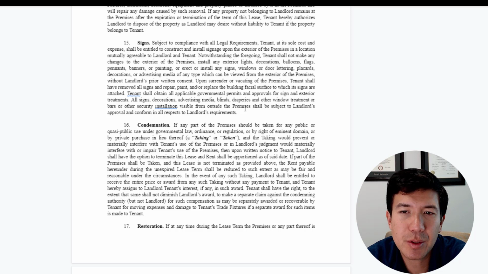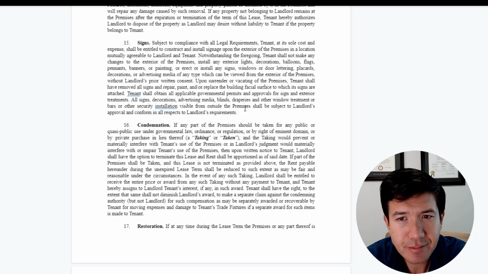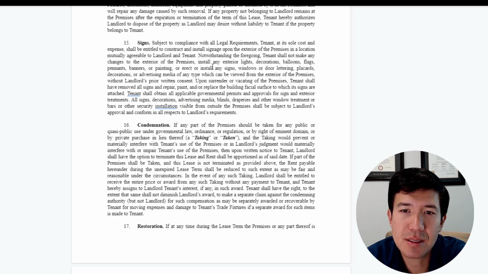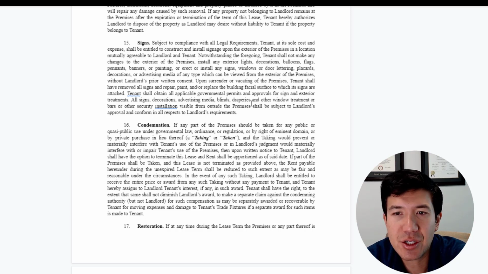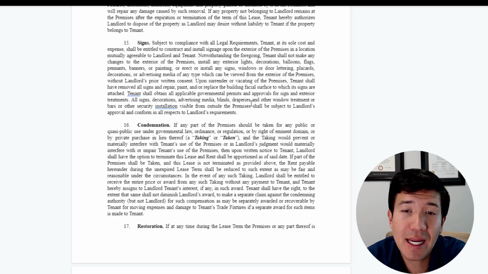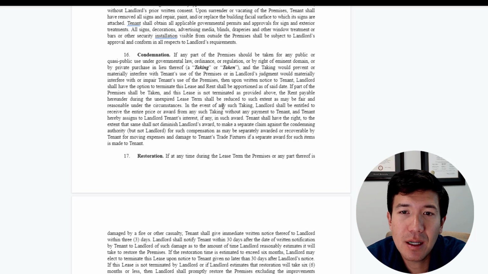Signs, again, this can be kind of a bigger deal, maybe not so much with industrial. They're going to want to maybe put a sign on the side of the building. Most landlords don't care as long as it's compliant with city code. They're not as concerned like on a retail building. Signage is really important. People want big, gaudy, eye-catching signs to draw tenants in, and the landlords may not want that, and other tenants also may not want that.